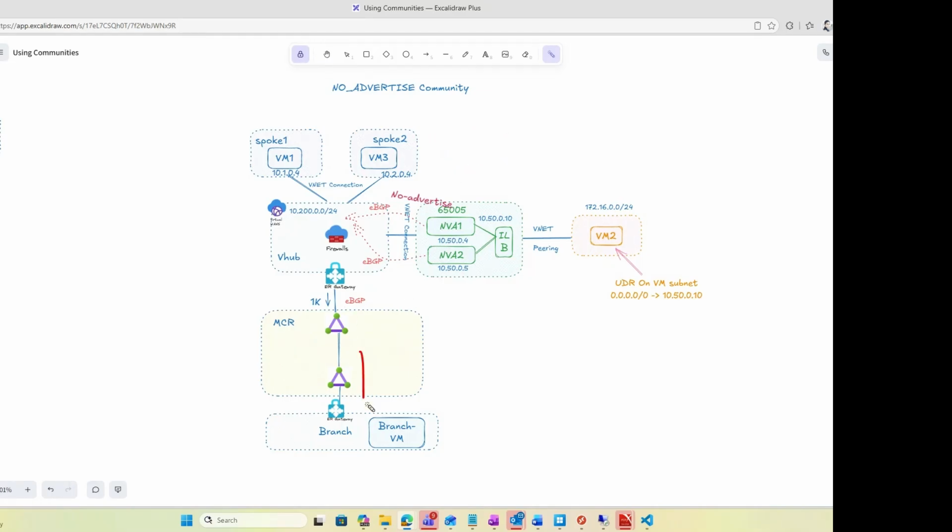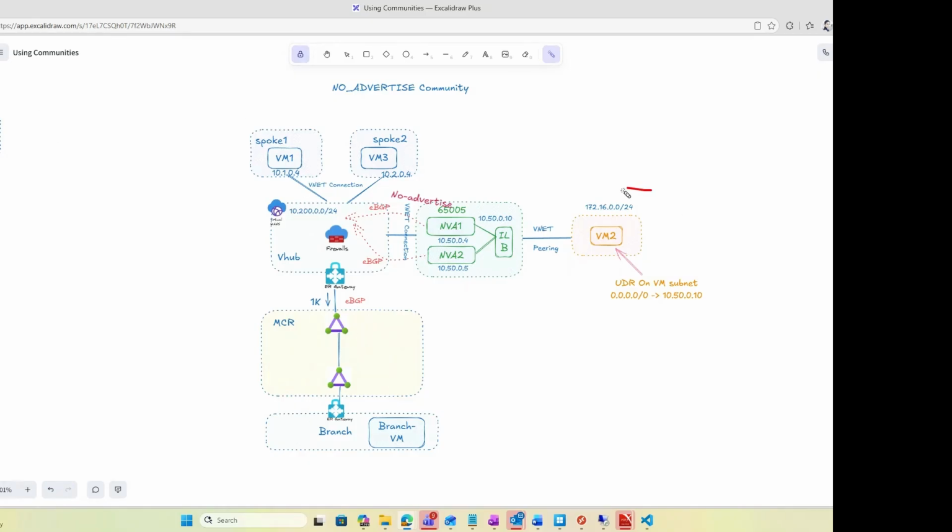But on-prem will see the specific VNet prefixes. For example, /24 or even the NVA prefixes, spoke prefixes. When I say prefixes, it's the entire VNet prefixes. So a /24, /16, whatever my prefix is, all of it is advertised as is to the branch. So with that, what I'm going to show you is that